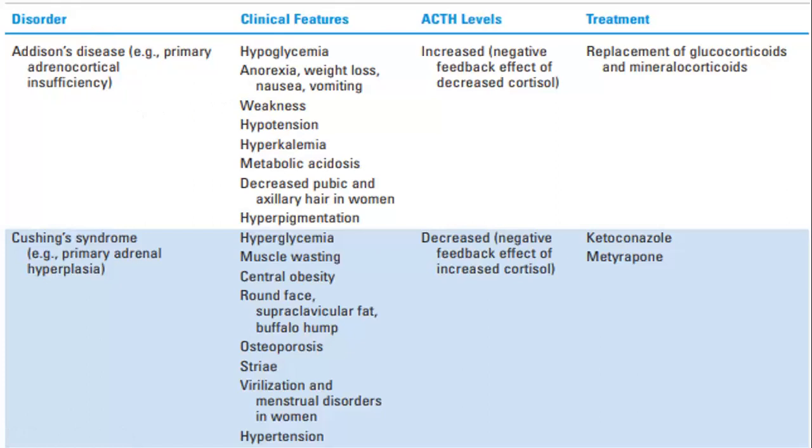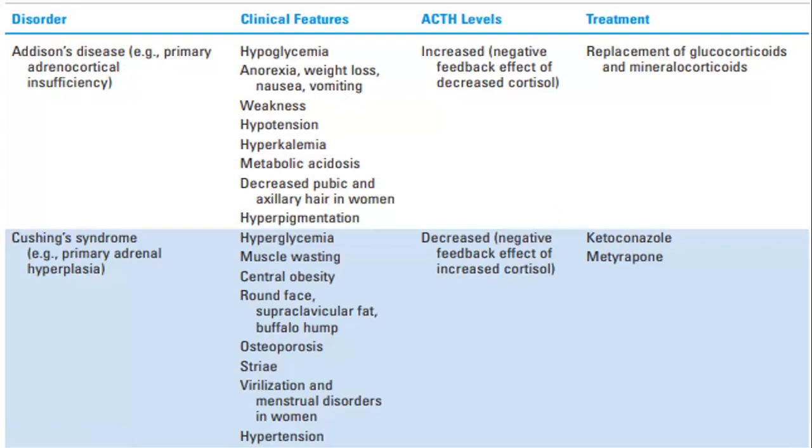And remember, because your cortisol, which is a glucocorticoid, has a function in glucose production, a cortisol deficiency in Addison's disease would result in hypoglycemia. And this hypoglycemia would eventually lead to anorexia, weakness, nausea, and vomiting. Okay? Now, another